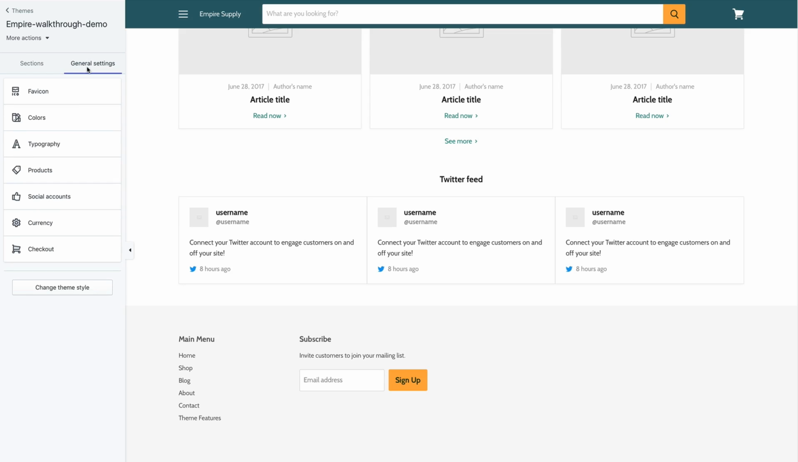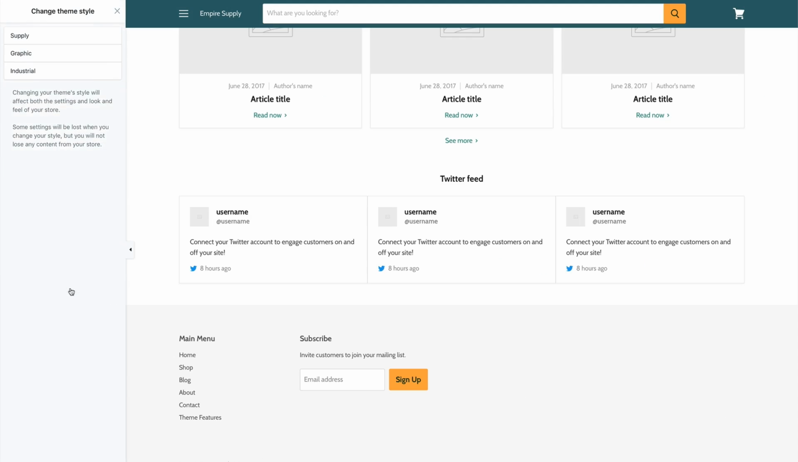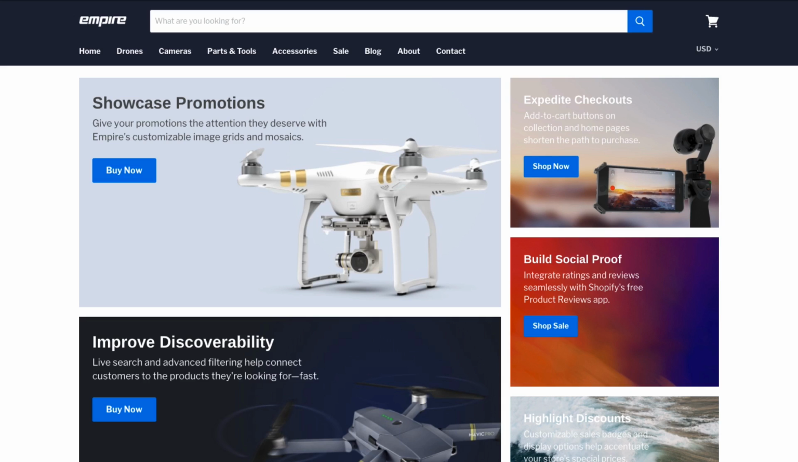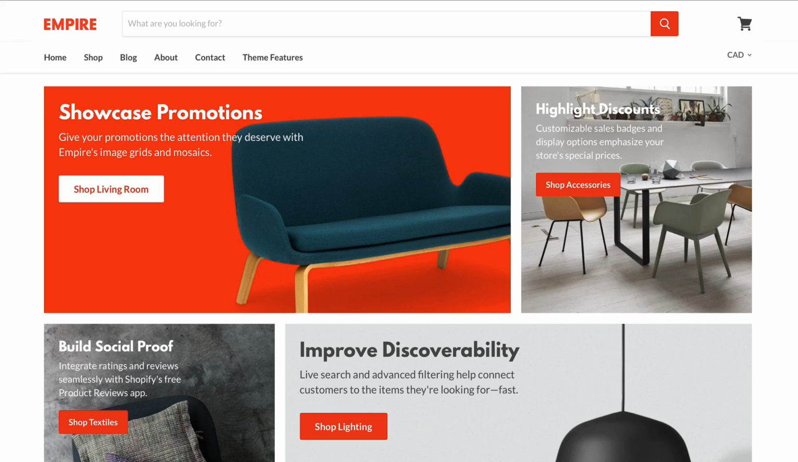You can do that by clicking on the General Settings tab right next to the Sections tab and scrolling down to the bottom where it says Change Theme Style. Empire comes with 3 different theme styles, which you can preview by visiting our Industrial, Supply, and Graphic demos. Pay attention to the fonts and colors that each one uses and select the one that best matches what you've